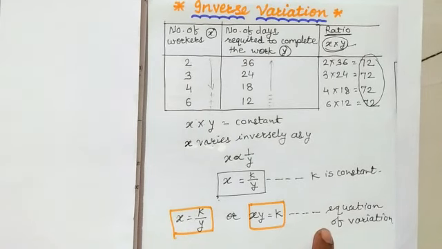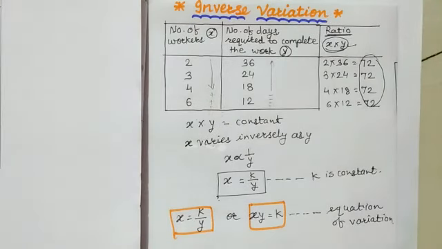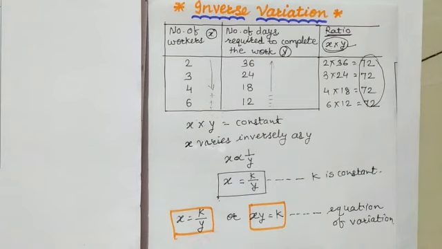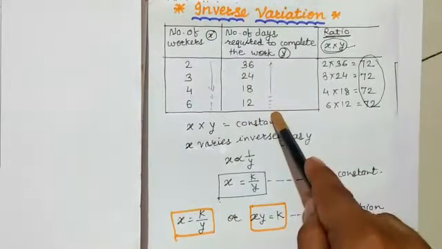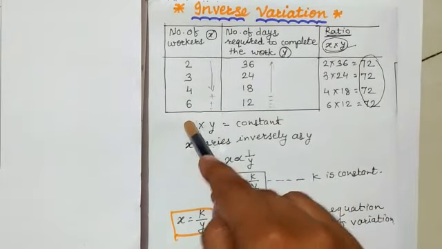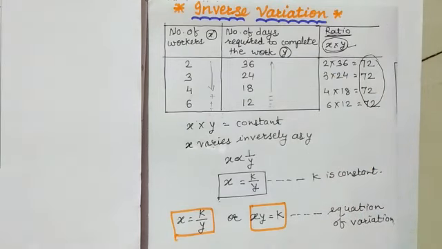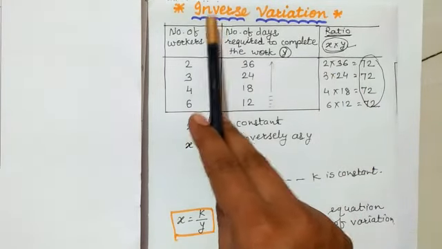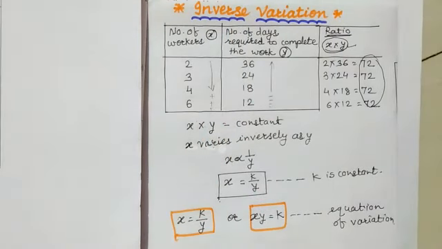If you want, you can take the screenshot, and this whole thing you have to write in your classwork notebook. Students, try to remember this equation which helps you to solve the questions in the examination and even in the practice set also. So students, you have to identify at first whether the question is in the form of inverse variation or direct variation by this process. Whether the first thing is increasing and the second one is increasing or decreasing, on the basis of that you have to identify whether the question is of inverse variation or direct variation, and on the basis of that you have to use these equations while solving the sum.